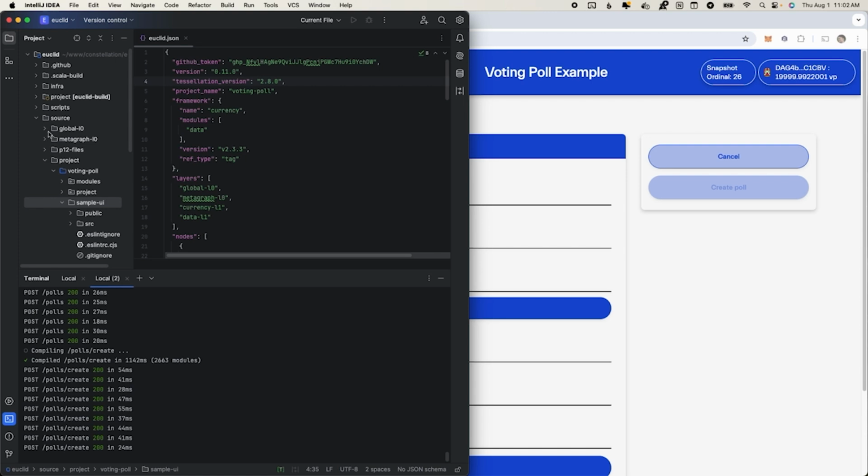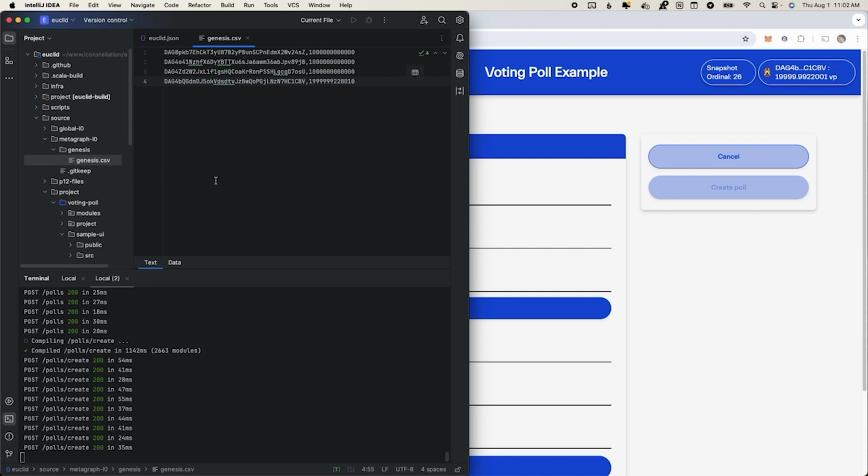Within your source directory, Metagraph L0, Genesis, we have this genesis.csv. So genesis.csv is a really important file. It's just a CSV file that has a map of addresses and balances. And those balances are what the network starts at Genesis. So it starts in the very first snapshot with this particular balance map. So you can edit this to whatever you want. You then need to rebuild your project and it will take effect, but you can distribute those initial balances however